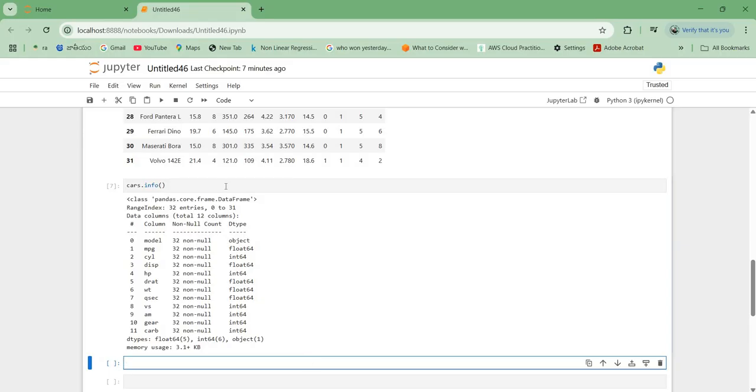So what is cars.info? It is giving how many keys are null, how many keys are not null, and what is the data type of each and everything. It is going to show you. And now we are going to see